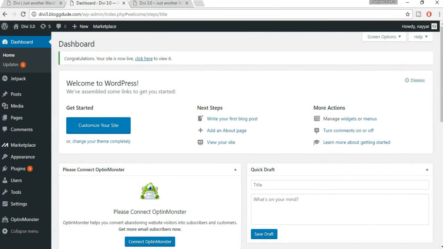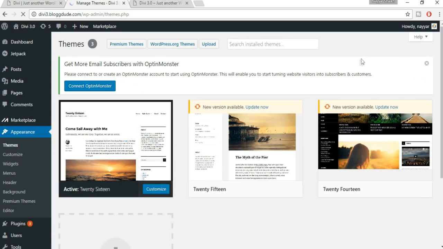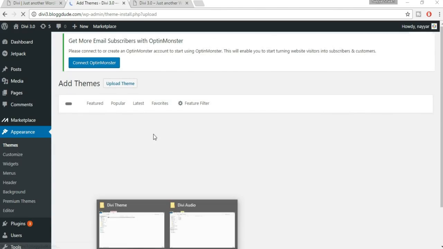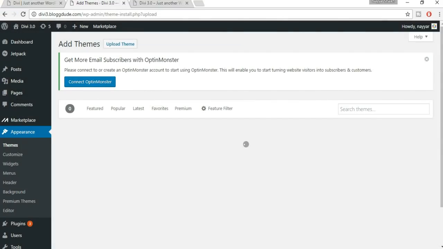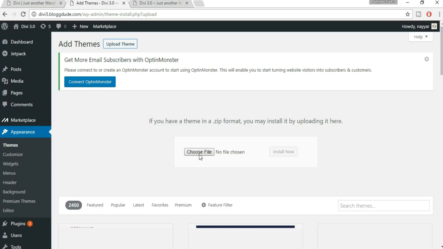Okay, now to convert this dummy and really boring website into an amazing one like this, we have to install this theme, the Divi theme, on our website. So for that, come back to your dashboard, click on appearances, and after that click on upload, because we have the file and now we have to upload this file. So to upload, click on upload theme, and from here choose file